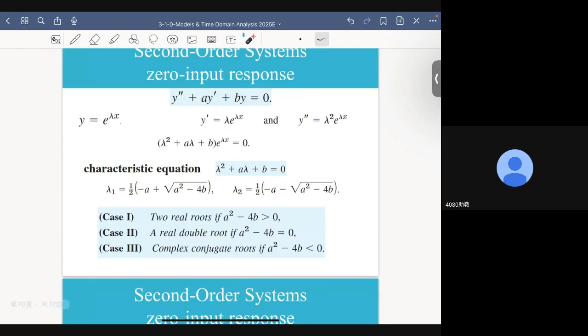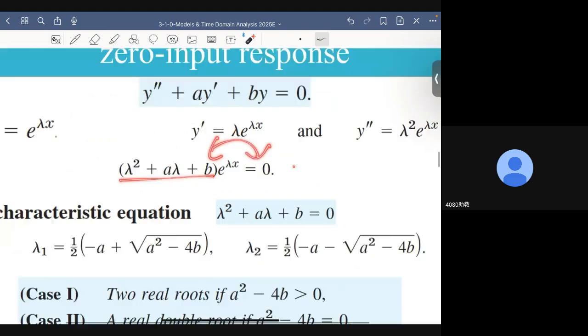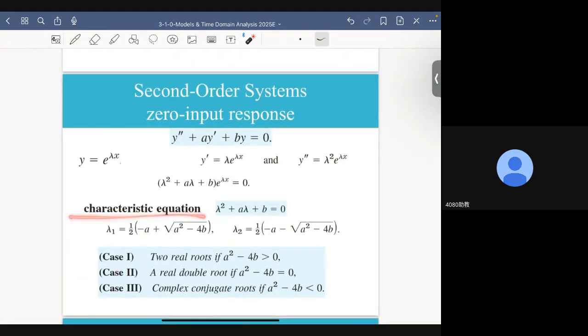Again, we make the assumption y is equal to e to lambda x, and we take the first and second order derivative of such a representation, and we substitute them back into this differential equation, and this is what I will get. And for this equality to be true, this polynomial, which is the characteristic equation of this system, okay,